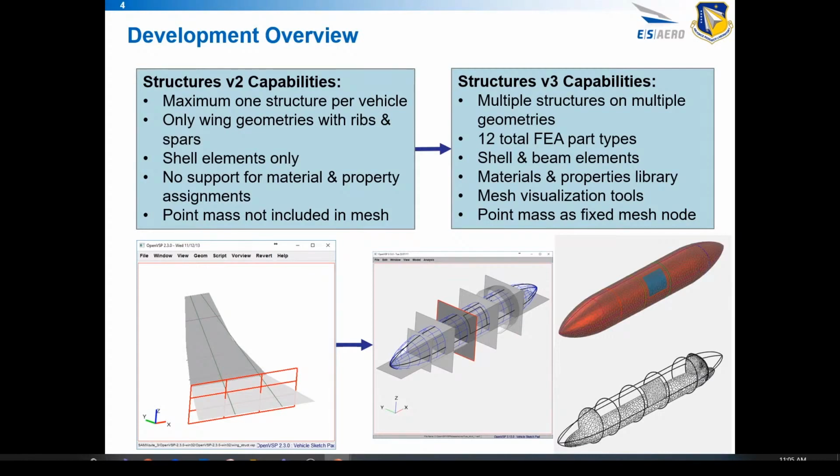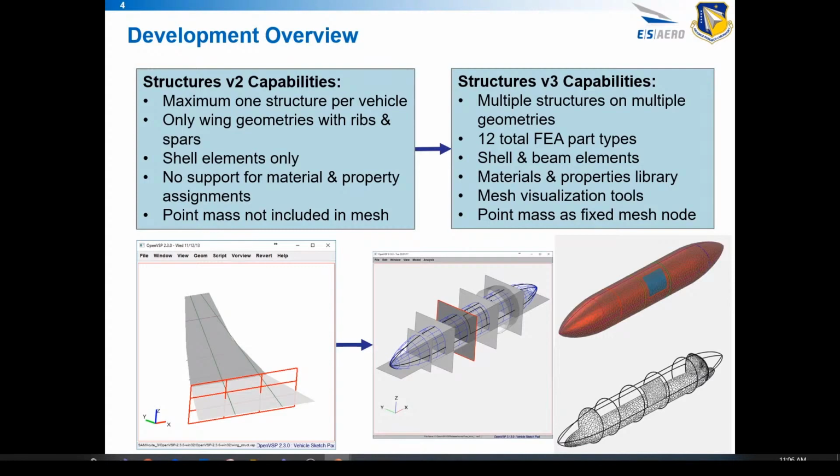We have a complete materials and properties library, so you can add your own materials and properties and assign your shell or beam elements to those properties. And then we have tools for visualizing the mesh. And like I said too, we have a point mass as a fixed node in your mesh,